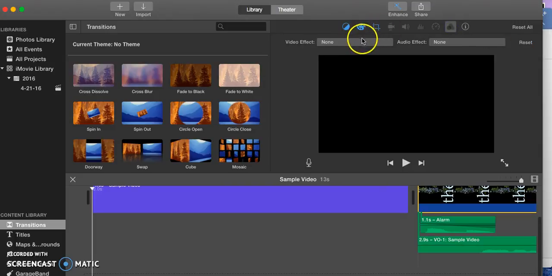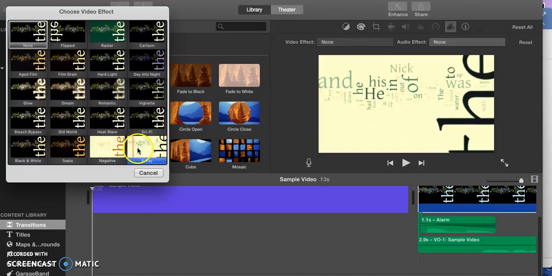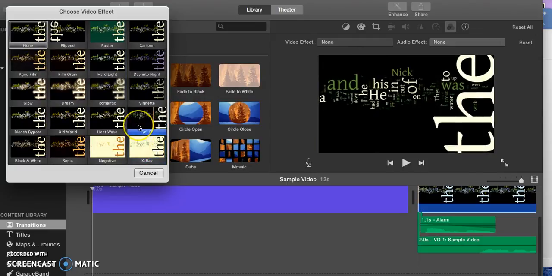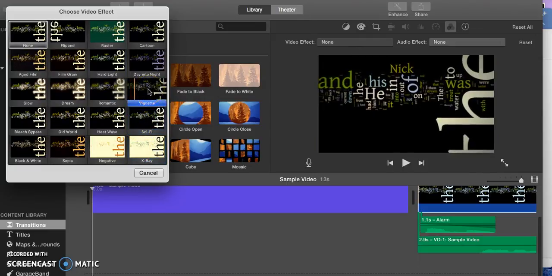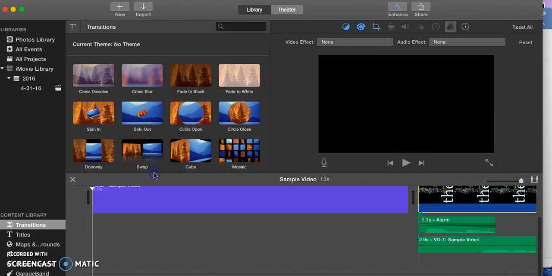And then this video effect is basically, as you can see, it changes the color. It's kind of hard to tell with that picture just because it's black, but it's basically just photo edits. Alright, so then